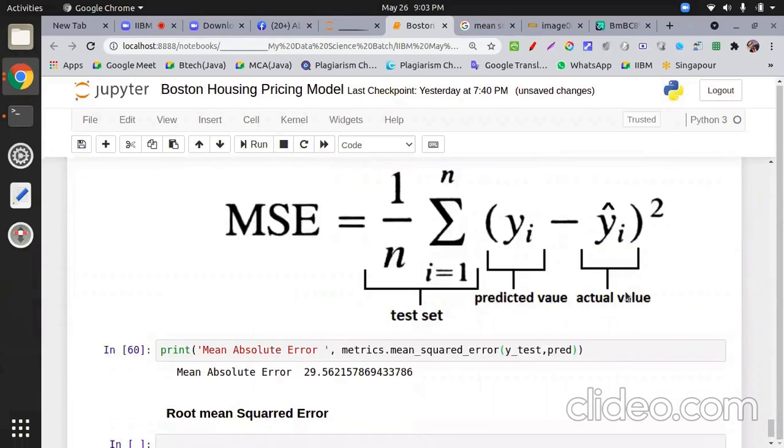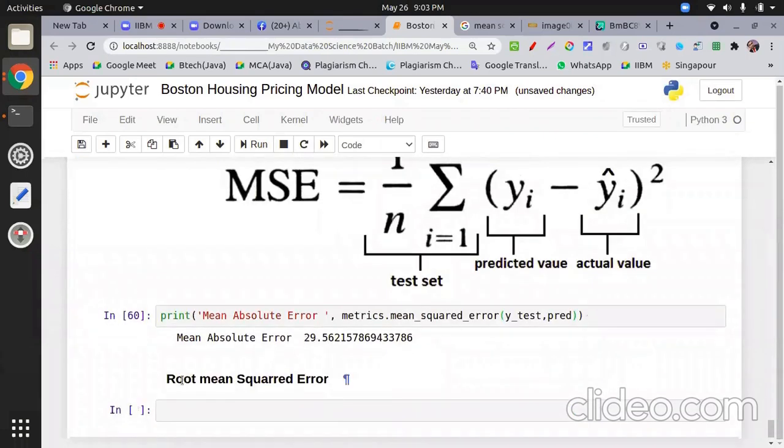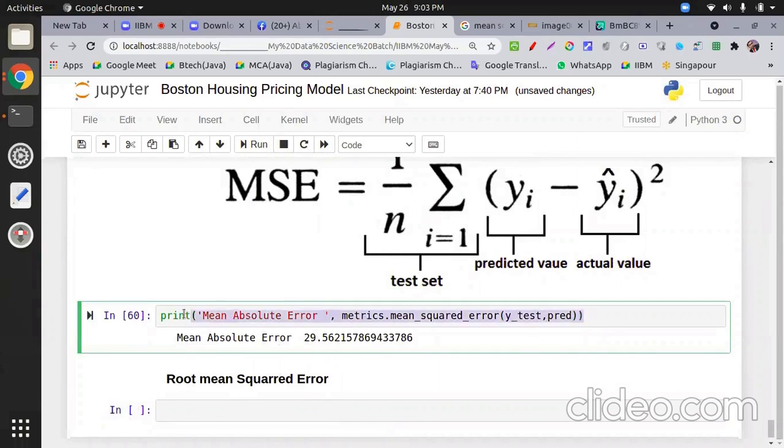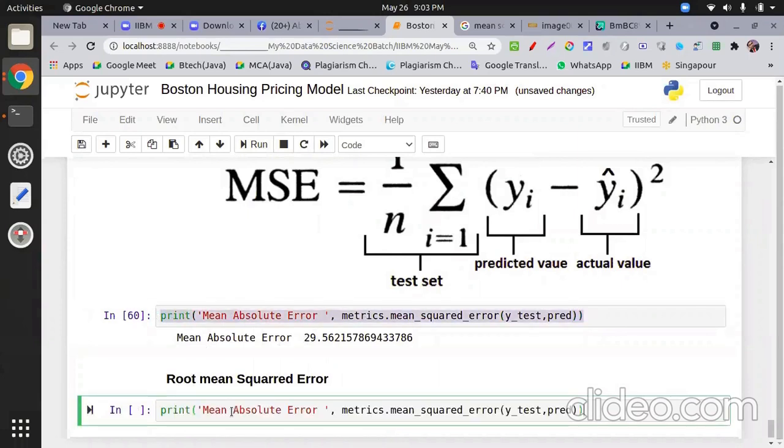But if you calculate the next one, root mean square, then we take the square and again we take the root. How do we take that root? Because if you square anything, it will double. Not double, meaning multiply by 2, it takes its own shape.